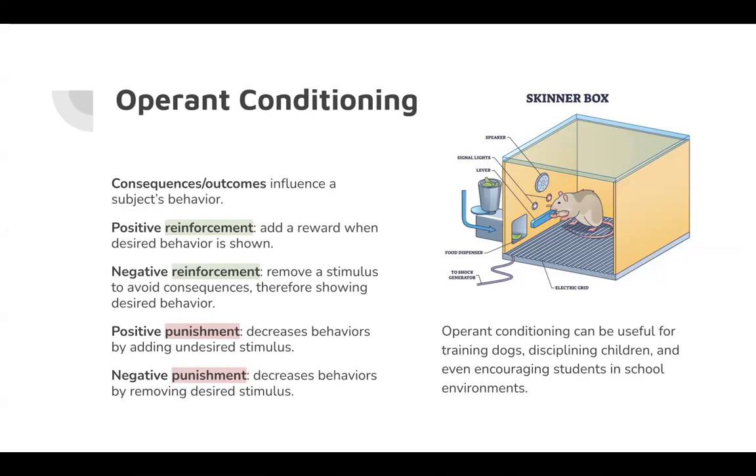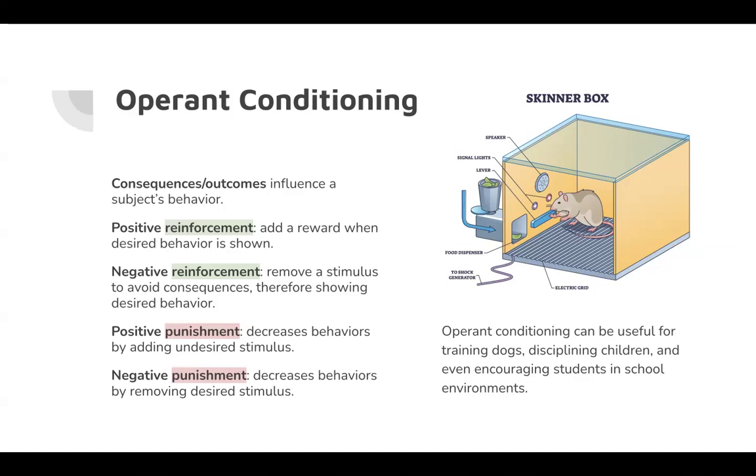So, for Skinner's box experiment, the rats were placed into the box. They would bump against the lever, and then there would be food released in some of the experimental conditions. This is an example of positive reinforcement. The rat pushes the lever, that's the desired behavior, and then the reward is the food. So then the rat would learn through operant conditioning, oh, if I press this lever, then I will get the